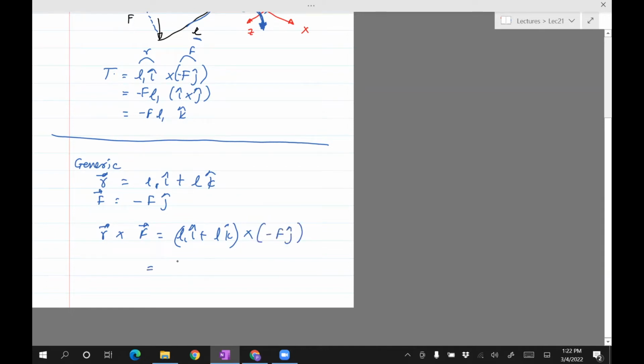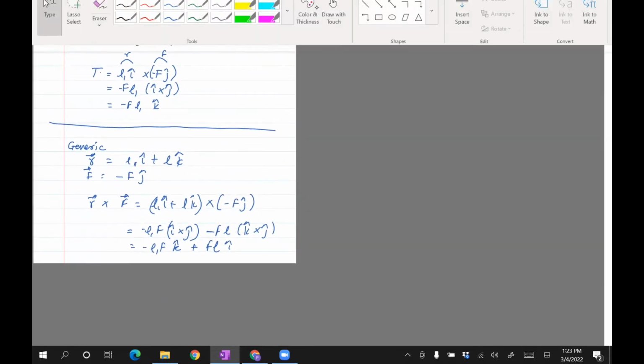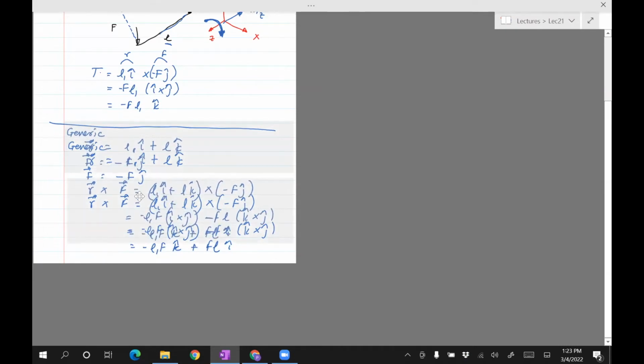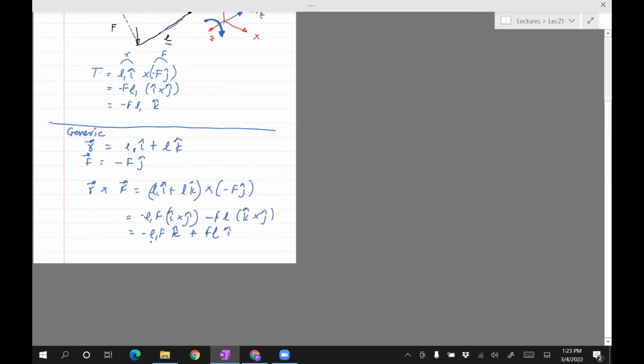Okay, so you'll have L1 F I cross J. That's the multiplication, and then plus, minus F times L K cross J, which is negative. L1 F I cross J is K, minus F L K cross J is minus I. So